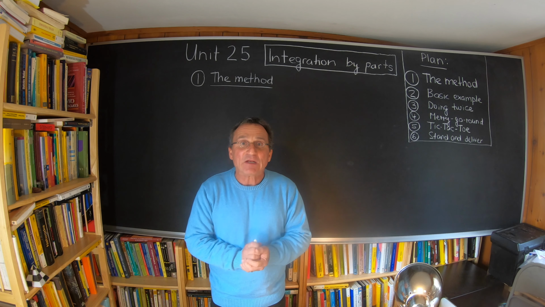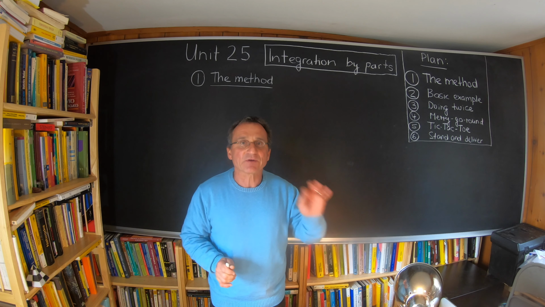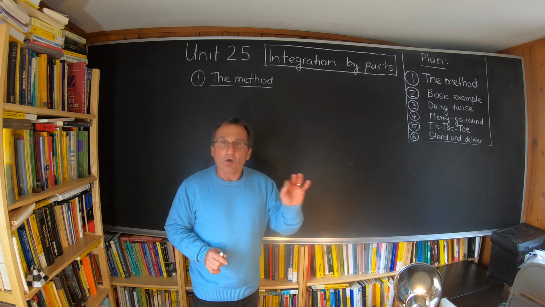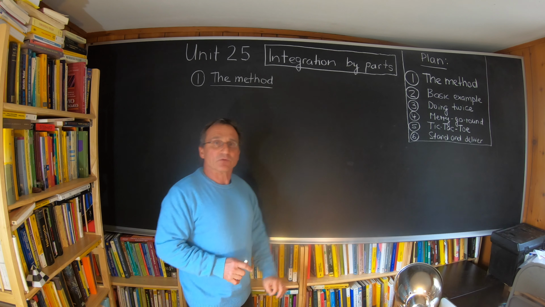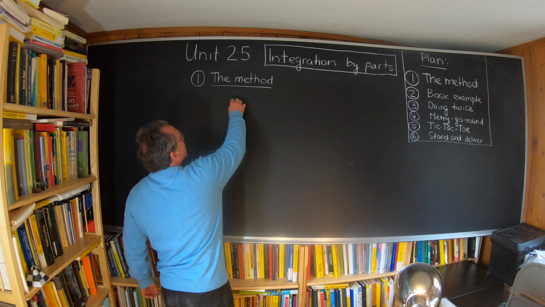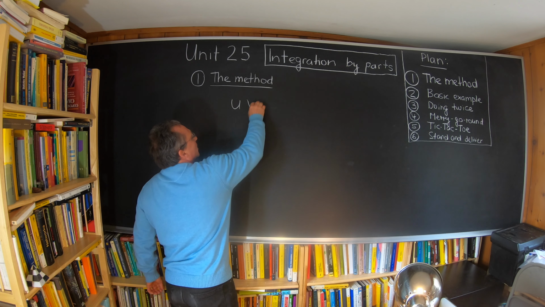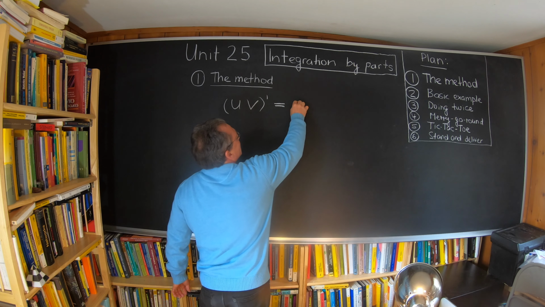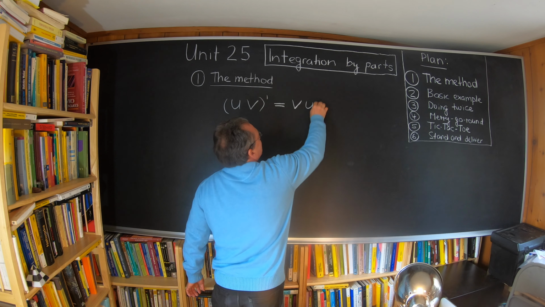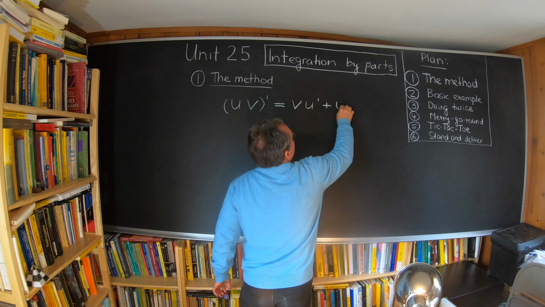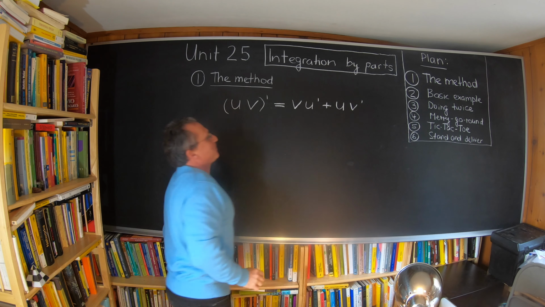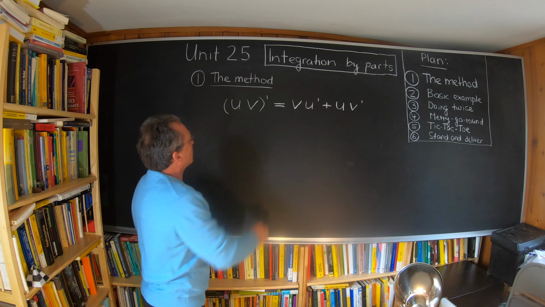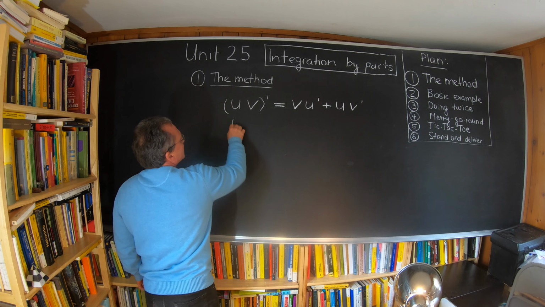Welcome. Today we look at the method of integration by parts. It's all based on the product rule. Let me write down that rule. If you take the derivative of a product of two functions, then we get v u prime plus u v prime. Now if we integrate this rule, we get uv is the integral of v, and I just write du,